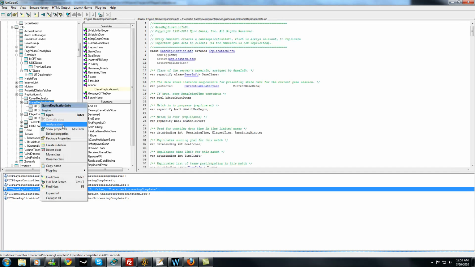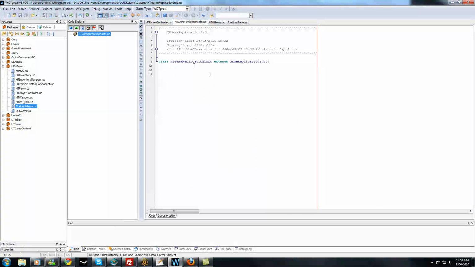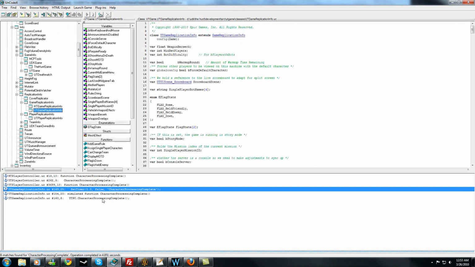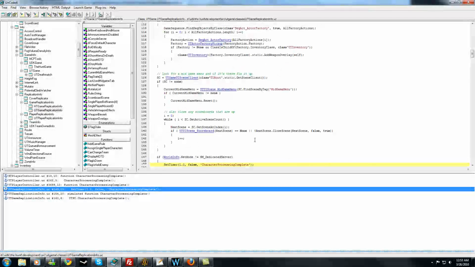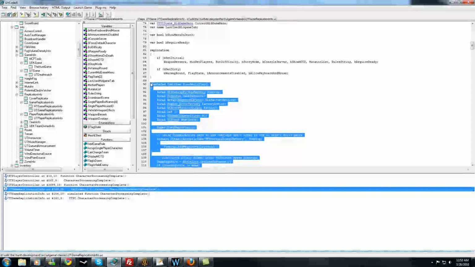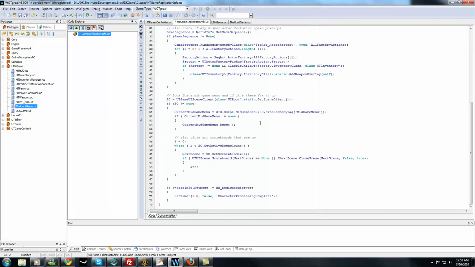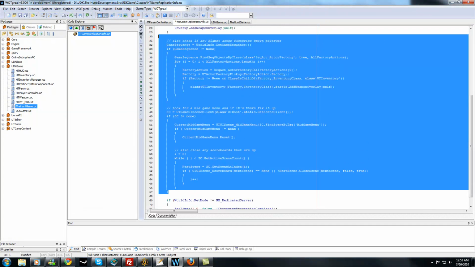All I did was right click, create subclass, and I just created a new subclass. And we're going to go ahead and open that up. And here's the code right here, just an empty class. So I'm going to go ahead and go back to Uncodex, open UT game info, go back to our result here, and I'm just going to copy paste this whole post begin play, because I'm too lazy to type out post begin play again. Just paste that right in there, and I'm going to delete everything except for this if statement that does what we want,